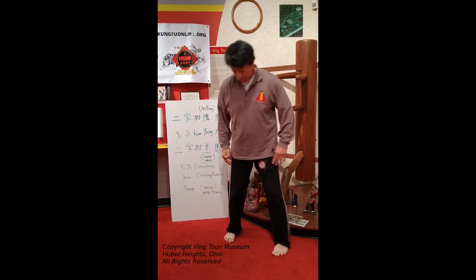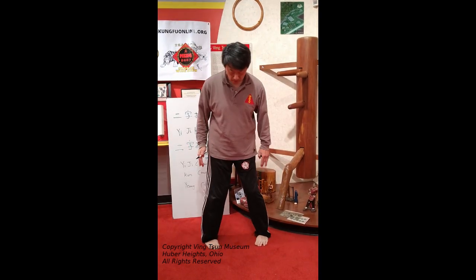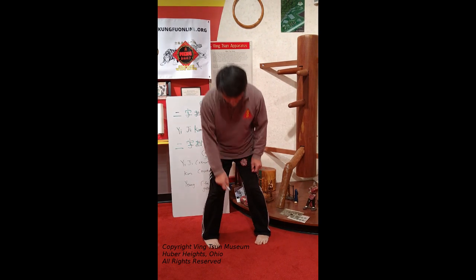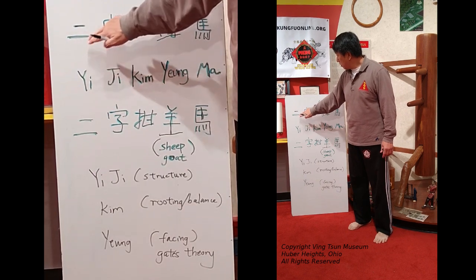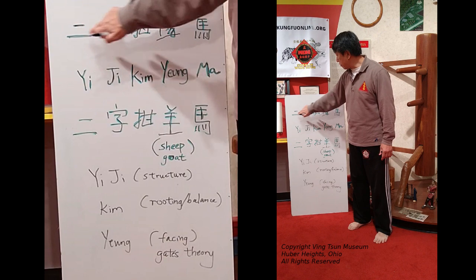As you can see, if I open up, toes out, toes in, the knees are abducted in, and then the toes are pointed in. So you have a short line and a long line. That looks kind of like the Chinese character two. So this Chinese character two,